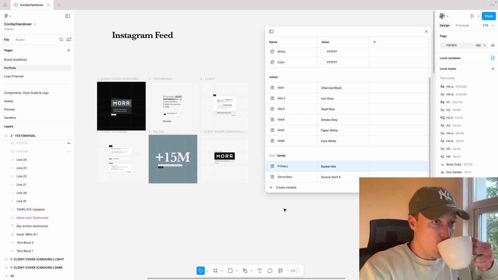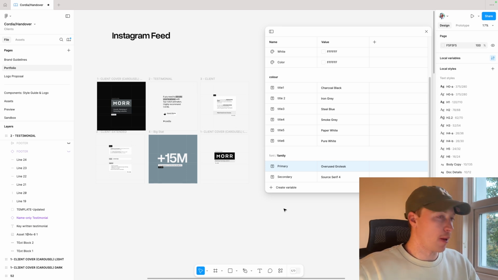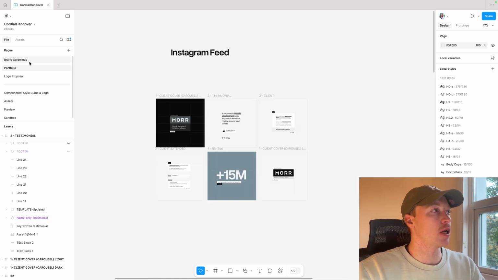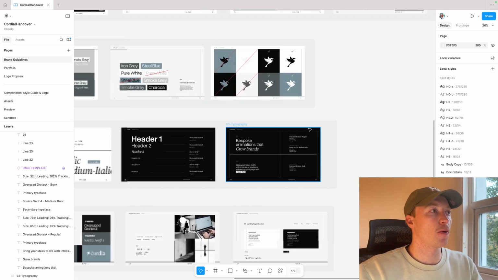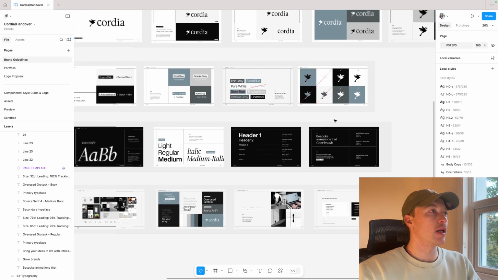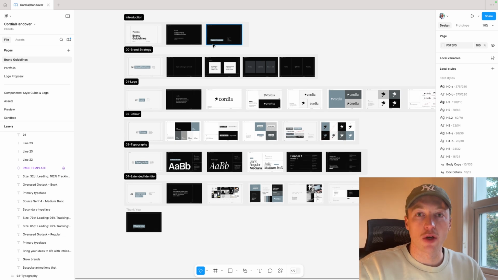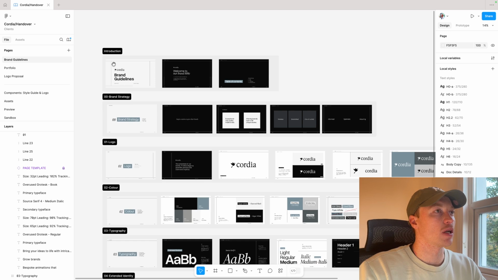So let's put that back. So that's really neat. So we've got color styles, type styles, and actual variables included here. So from an anatomy standpoint of an actual sort of theory behind what goes into a brand guide, I don't want to make this too long, but what we obviously got here, like I explained, we've got the general introduction